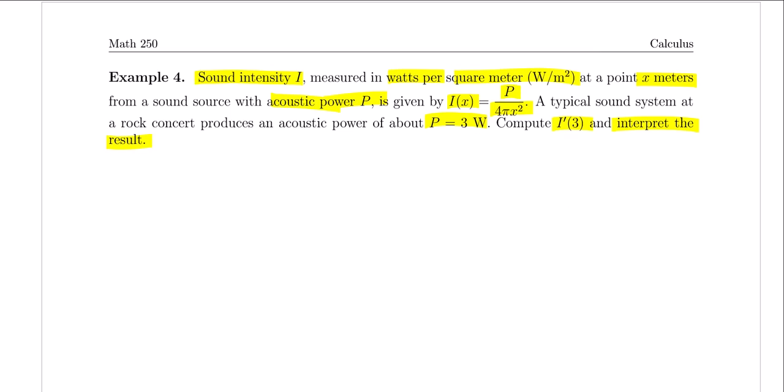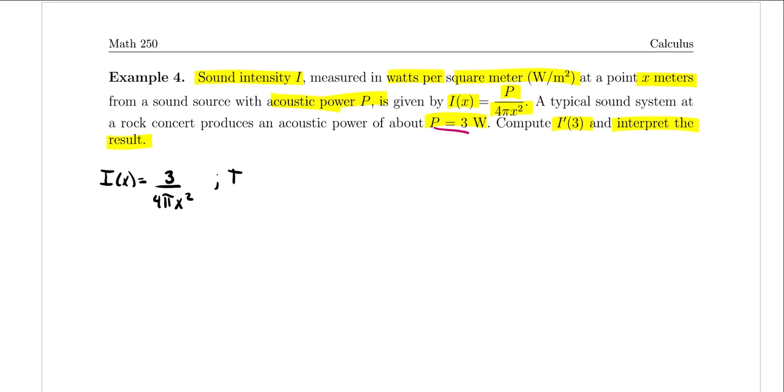Okay, so let's go ahead and take a look at this one here. So we are given the function I of x is equal to P, but for this particular problem, we do know that P is 3. So we're going to have here 3 over 4 pi x squared. All right, now we're looking for